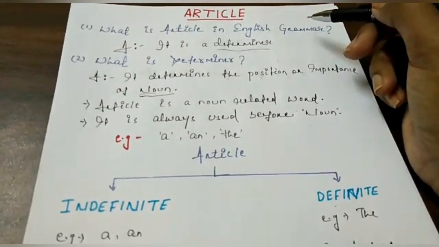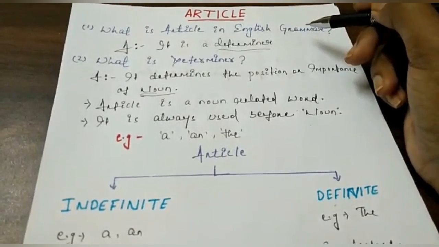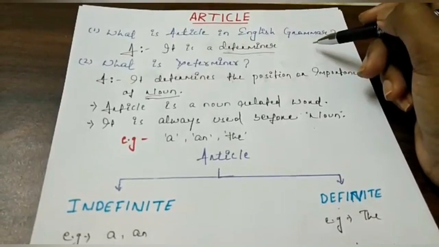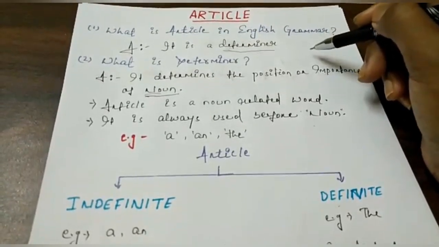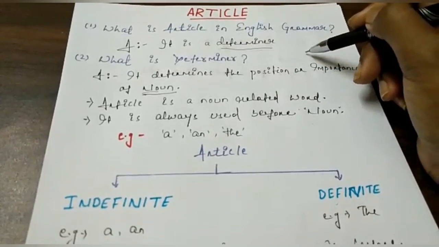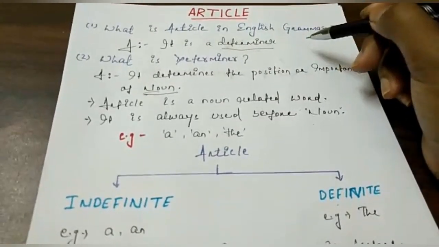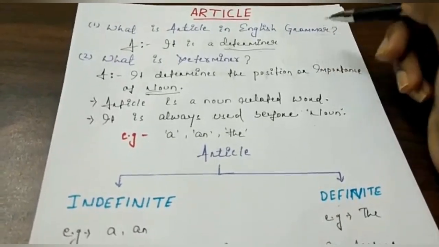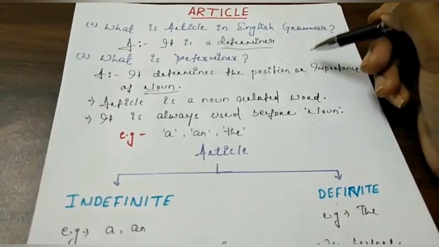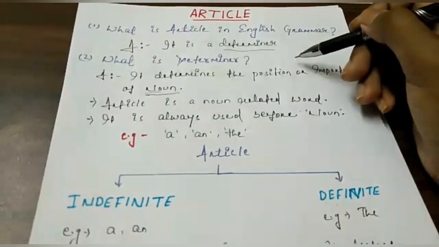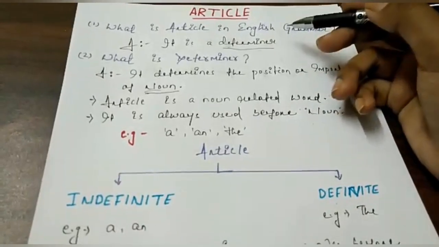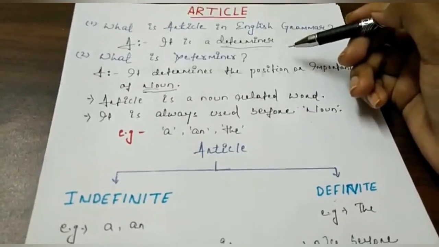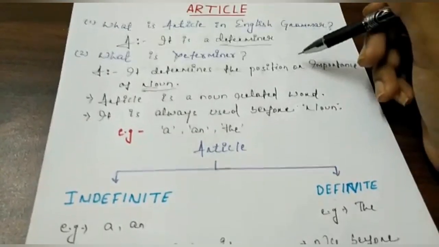Here I am going to teach you all the chapters of 7th class English of DAV school, and this is the first chapter of the English practice book: article. This is the introduction class, and after this class I will teach all the worksheets of your book. So first of all, we will understand what is article, what are the examples, and how you will use article. These are the basic things.